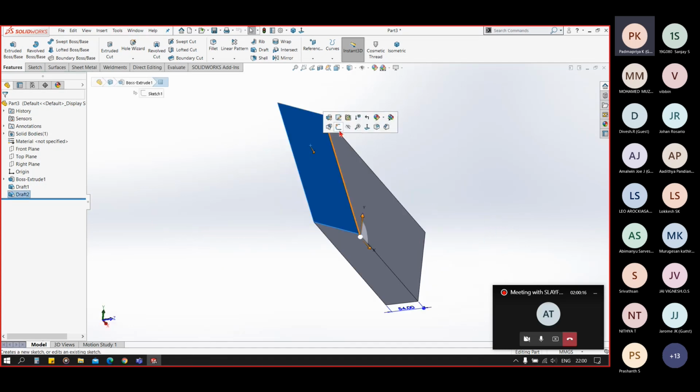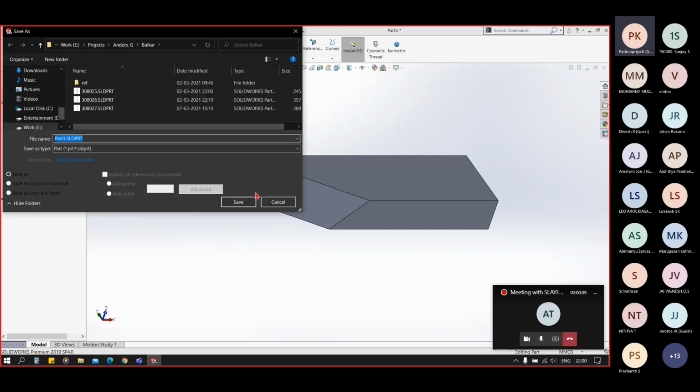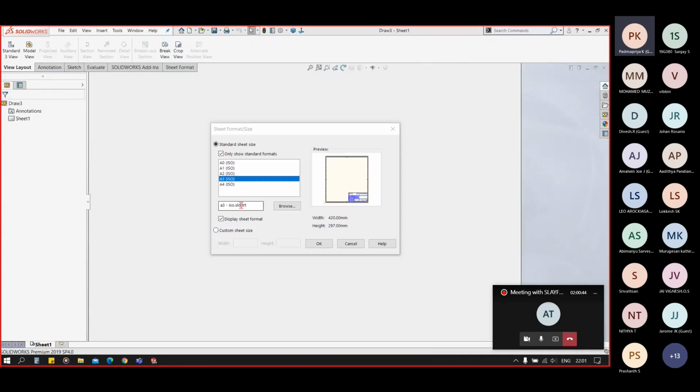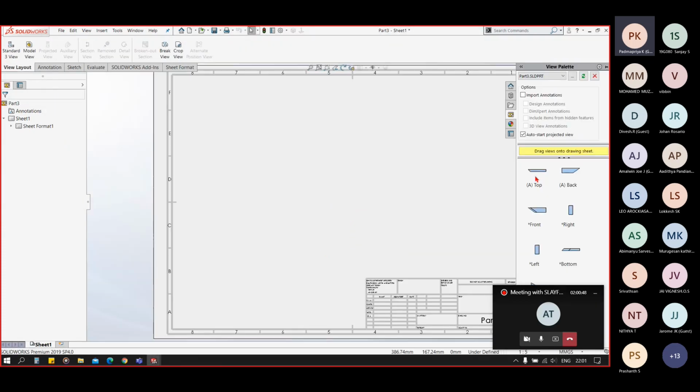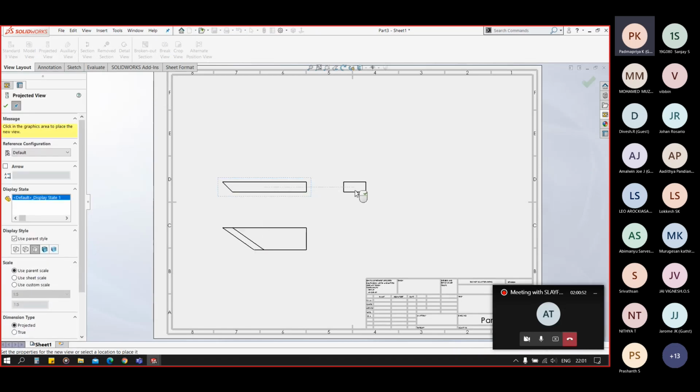So for that we want to have this type of view using the face which is parallel to our screen and perpendicular to the normal plane. So for that we use the auxiliary view. Now I will show you how to add that view. Now I will do my regular work. I will add some standard views here.